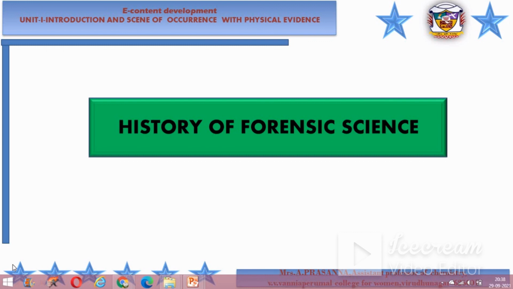Gas chromatograph and the mass spectrometer were being used for forensic analysis. The polymerase chain reaction technique developed for clinical and forensic applications. DNA profiling gained increasing popularity. Enactment of the DNA data bank legislation in 1994. These are all the major highlights in the history of forensic science during the 18th and 19th century.